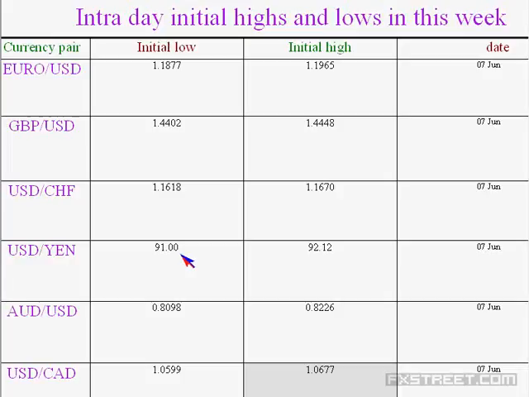That is why they cut the high and go above, then subsequently gain the levels in the case of Euro and GBP as well. Similarly, in the case of USD Yen, 91.00 is the low which has not been breached from the start of the session, 91.31 is the low, and 92.12 is the high. So net change is 58 pips negative, and currently USD Yen is trading around 91.70. You find that they have not breached the low, and they may make a small dip towards the close of the Japanese session. You can watch how exactly they are handling the lows in all these currencies, and then subsequently you can try to take positions.